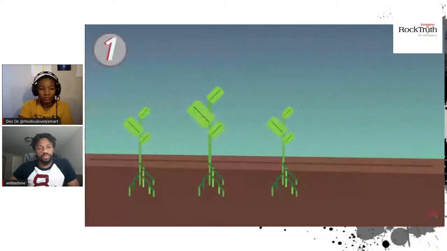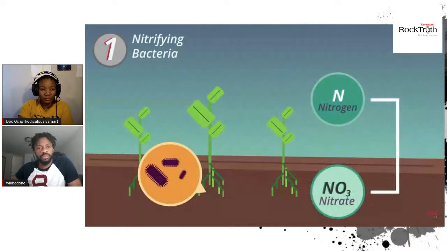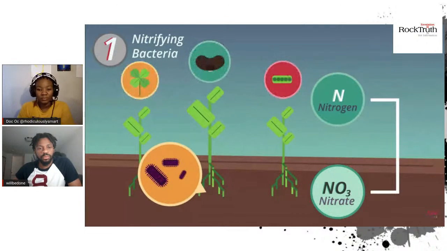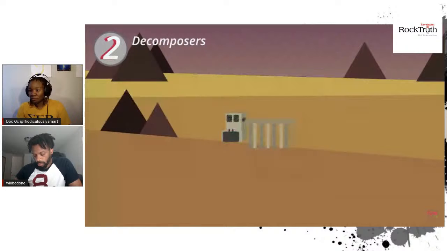Firstly, nitrogen fixing bacteria in the soil turns nitrogen from the air into nitrates, which the plants can then absorb. Some plants, such as the legume family, which includes peas, beans, and clover, have these nitrogen fixing bacteria in their root nodules. Secondly, decomposers in the soils break down animal excretion and dead organisms, returning nitrogen back to the soil